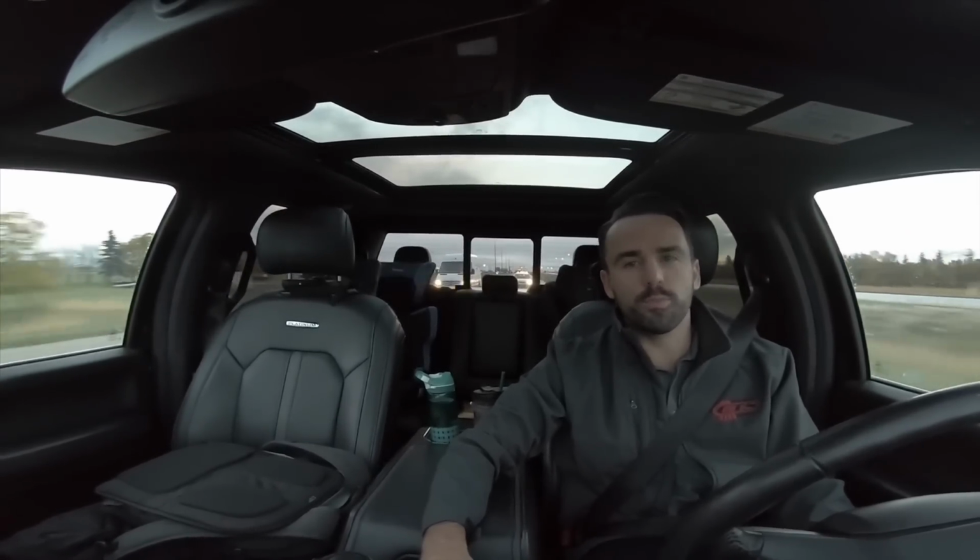So where the heck am I? I'm inside my pickup truck right now and we are headed to Southport, Manitoba. It's a small town south of Portage la Prairie in southern Manitoba. And we're going to an Air Force base and we're going to be driving a Kenworth T680 on an old